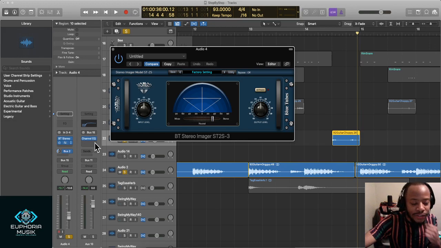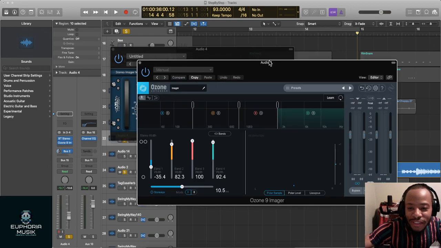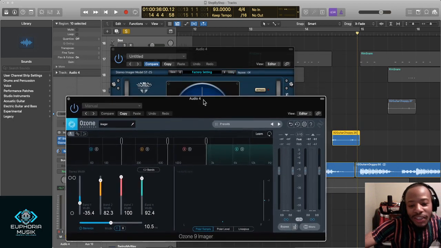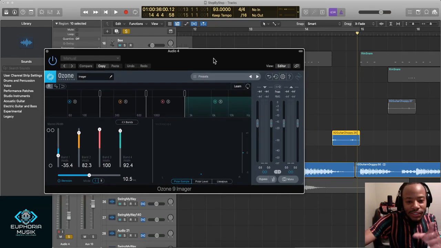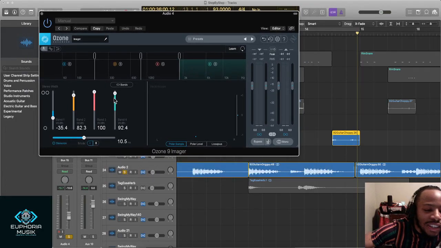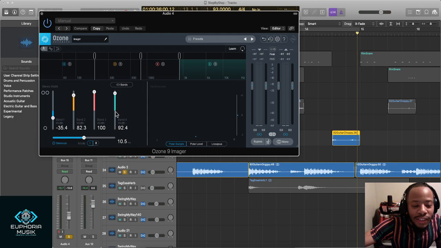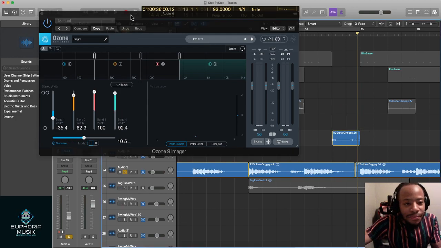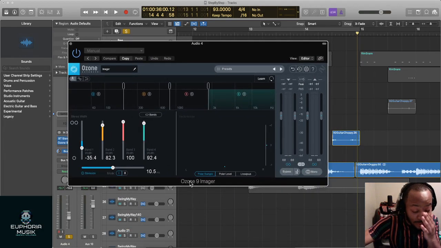And I love Ozone. I actually got a lot of these Ozone plugins from Isotope through a kind of deal we have, where I'm going to definitely show a lot of their plugins when I start getting into deeper mastering as far as teaching on the channel here. But yeah, I imaged it out and just made it really wide. One of my favorite plugins is this Ozone Imager.